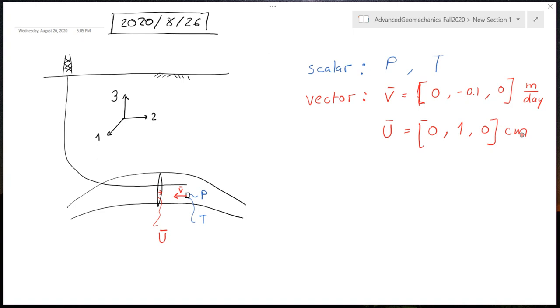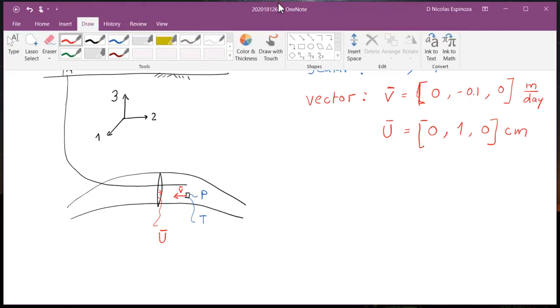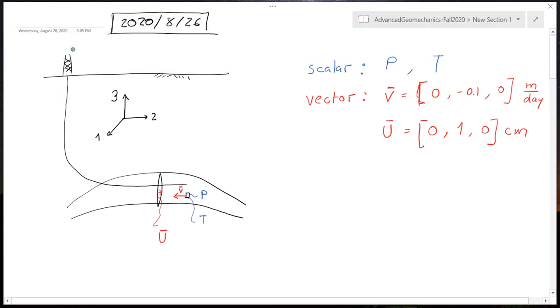And the third example that we're going to see is the one that we are most interested in this class, and probably something which is new to some of you, which is a tensor, and that's going to be stress. In this case, actually or rigorously, this is called a second order tensor,